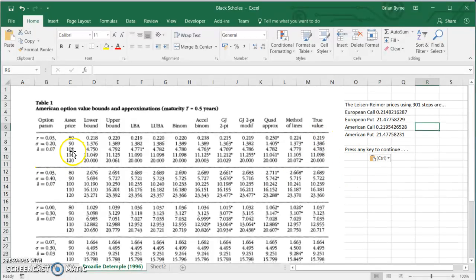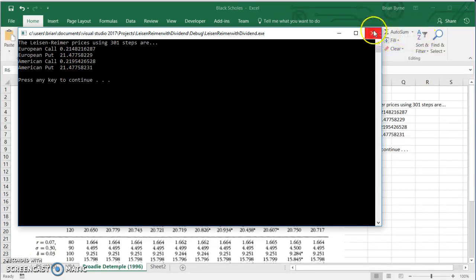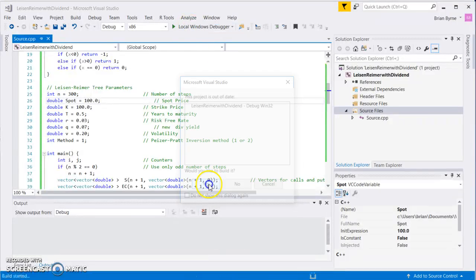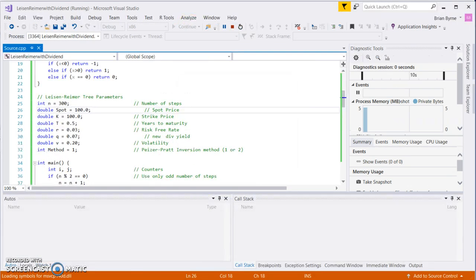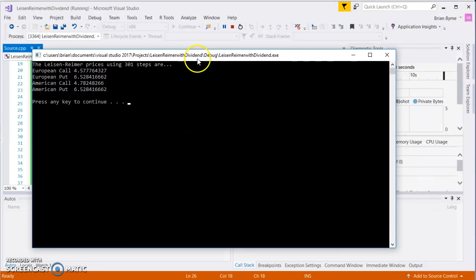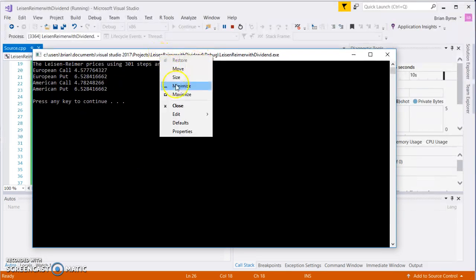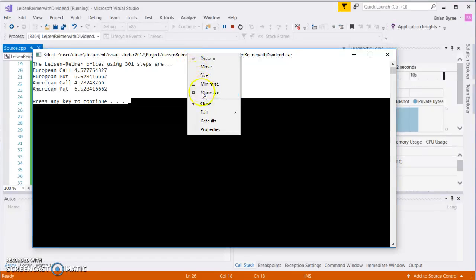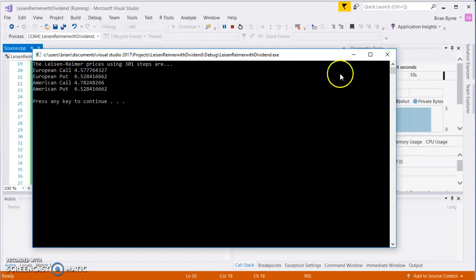Okay, let's go for where the stock price is 100. So that just necessitates a very small change in the estimation. So to run that estimation then, we change 80 to 100, and we can run again and see what the effect is on the options. So the debug window has appeared. The values we get out are as follows: edit, select all, right click, edit, copy, go back into Excel and